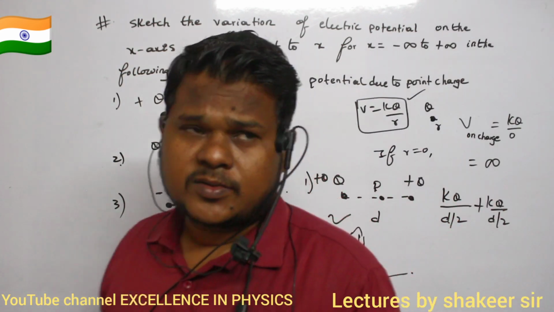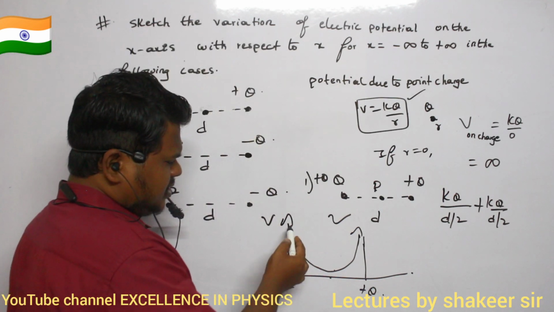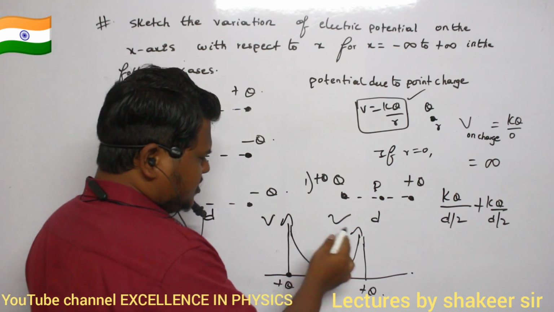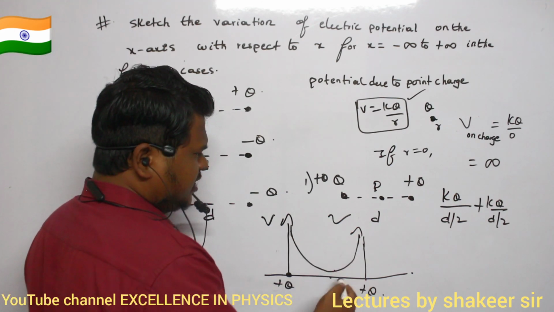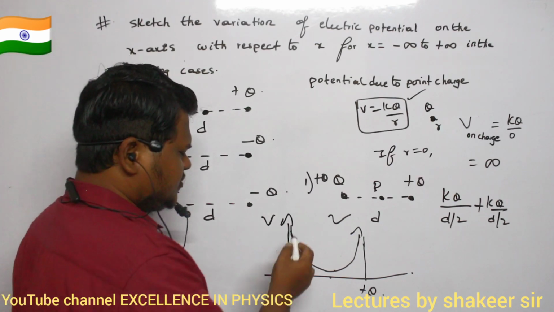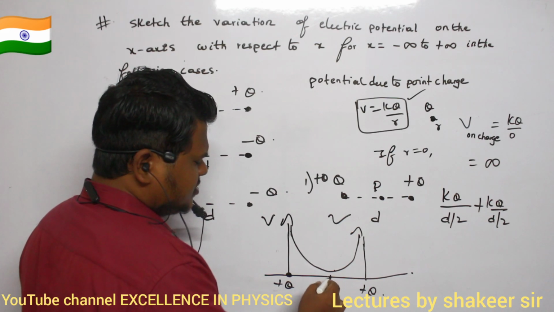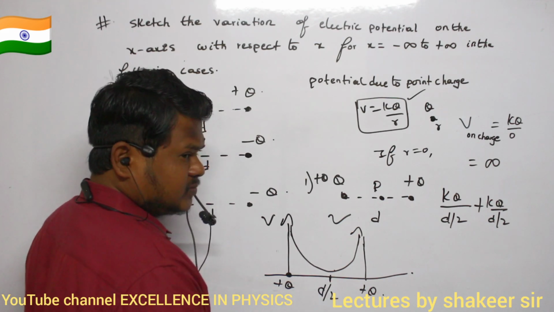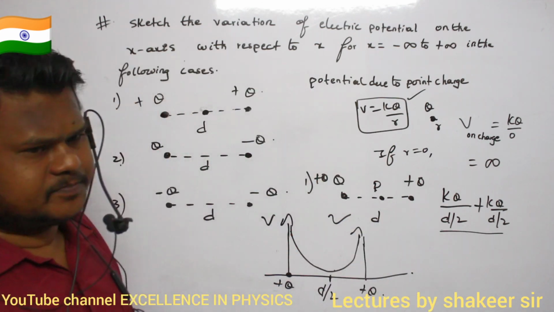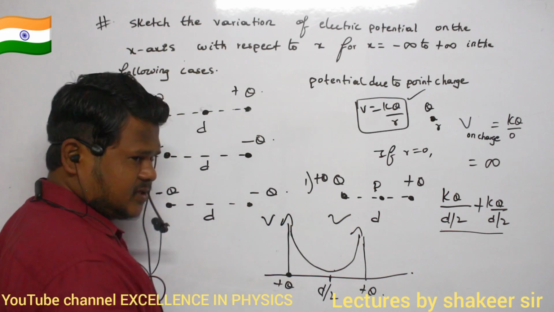Okay, so up to here it is clear now, all of you. So potential near the charges is infinite. Then when compared to this potential, definitely potential in between the charges will be lesser. So therefore this is how potential varies. And here potential is minimum. What is this distance? This distance is D by 2. At D by 2, this will be the amount of potential and that will be minimum. So this is about the graph of potential in between the two charges.